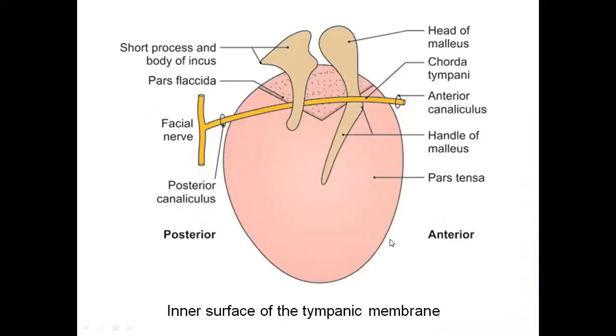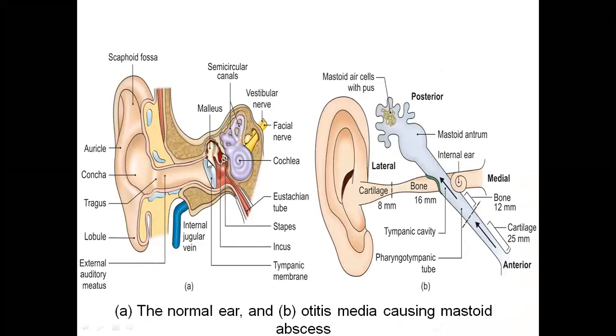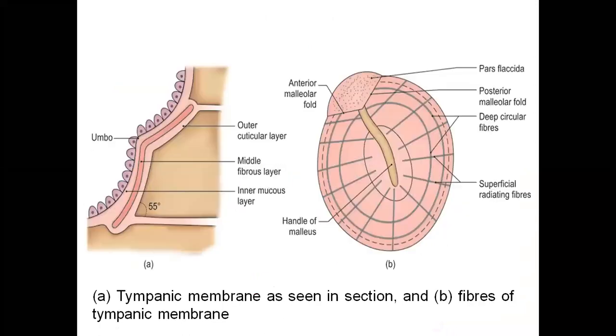Now I would like to show one more picture for this tympanic membrane. Okay, so the tympanic membrane is a partition between the external ear and the middle ear, right? So these are the three layers. What are those layers? This is towards the external acoustic meatus, hence it is the outer cuticular layer, and this is the middle fibrous layer, and the inner mucous layer, which is lined by cuboidal epithelium. The outer is stratified squamous non-keratinized epithelium.